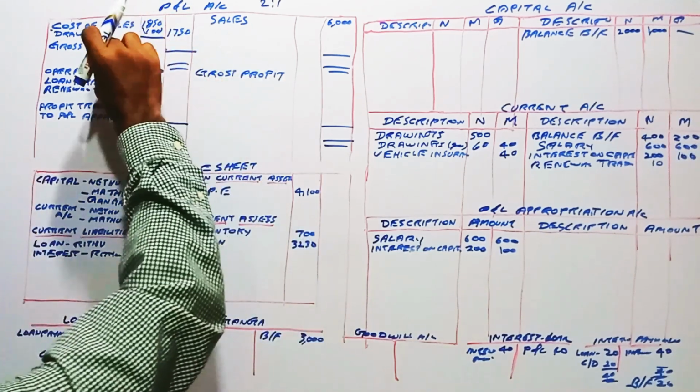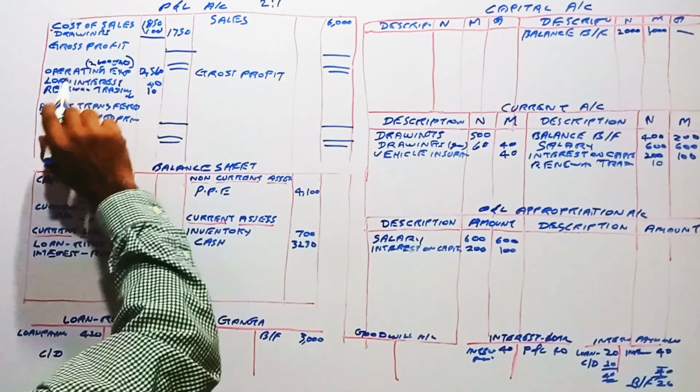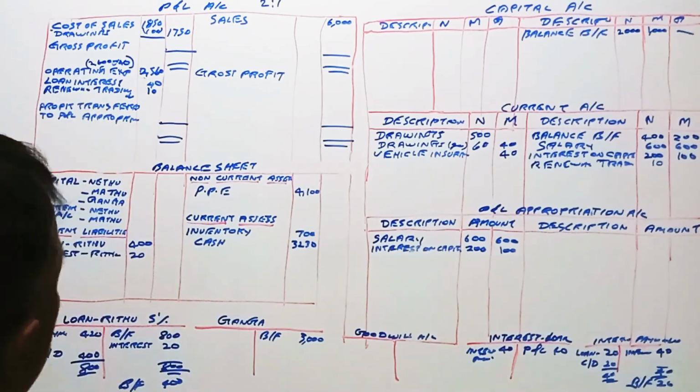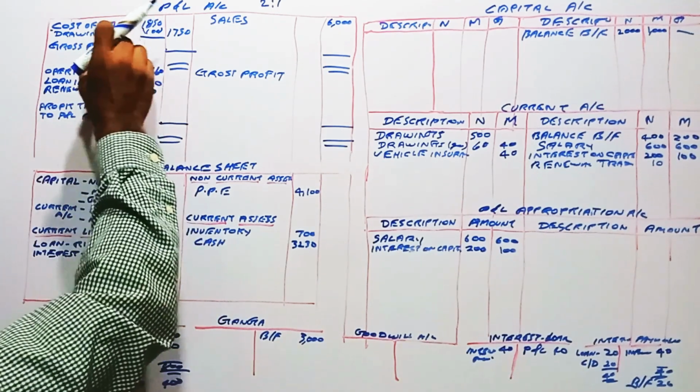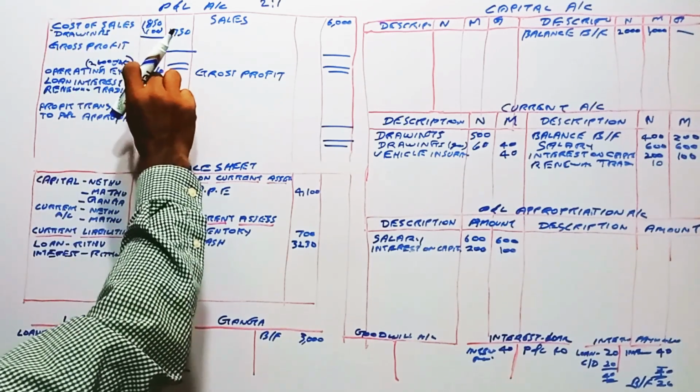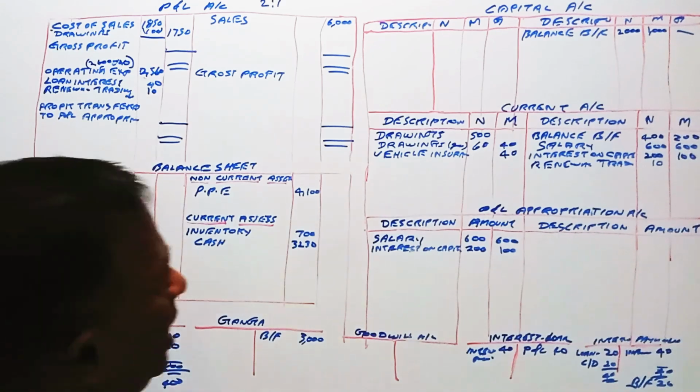It is included in the operating expenses, meaning the operating expenses they have said is 2,600. So we have removed 40 from operating expenses, and then operating expenses will be 2,560, and we have charged